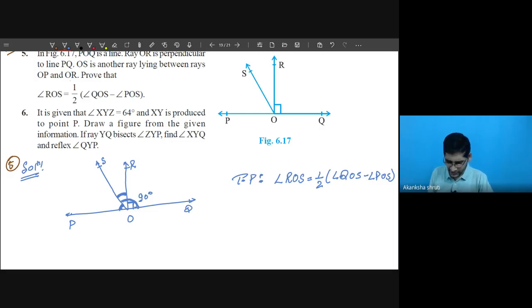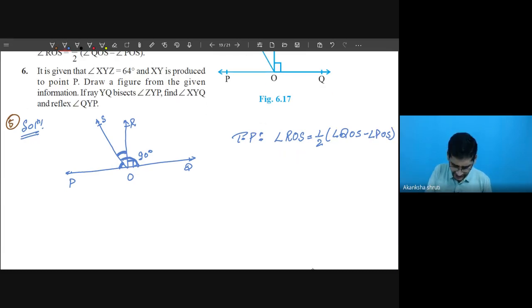So let us continue to write. What can we write? What are the relations that we have? Student, here one thing that we can write: angle POS plus angle SOQ is equal to 180 degrees. Are we getting like that? Because it is a straight line. Observe this. It is a straight line. So whatever a straight line is there, you use that one. Whatever 90 degrees form, you use that one. Substitute one in another. This is the general idea of geometry.